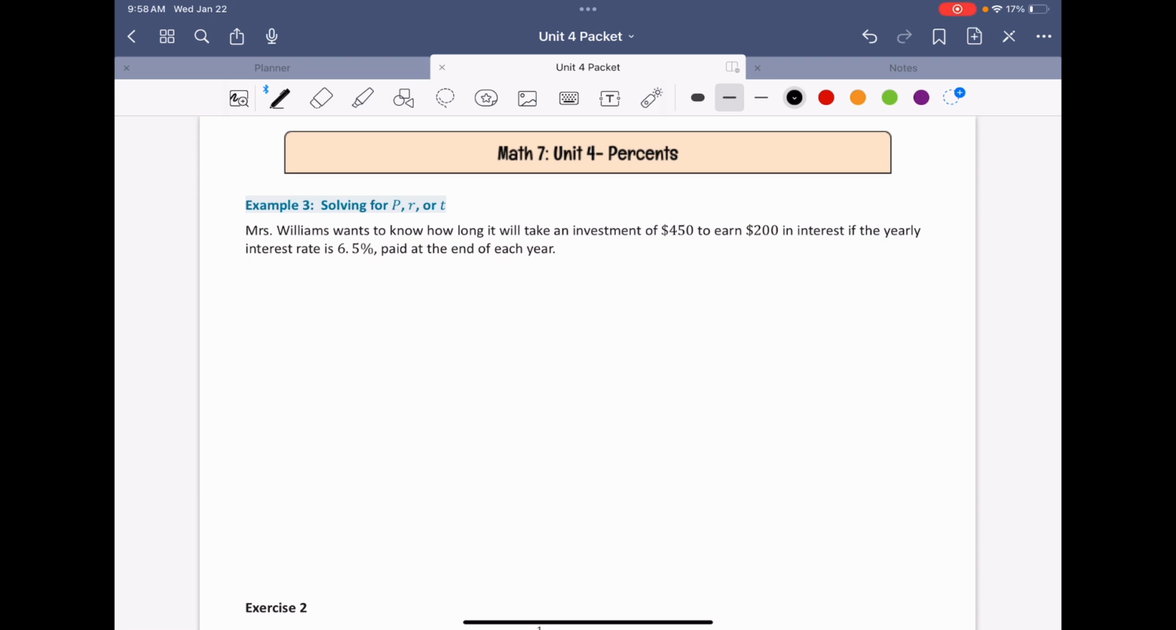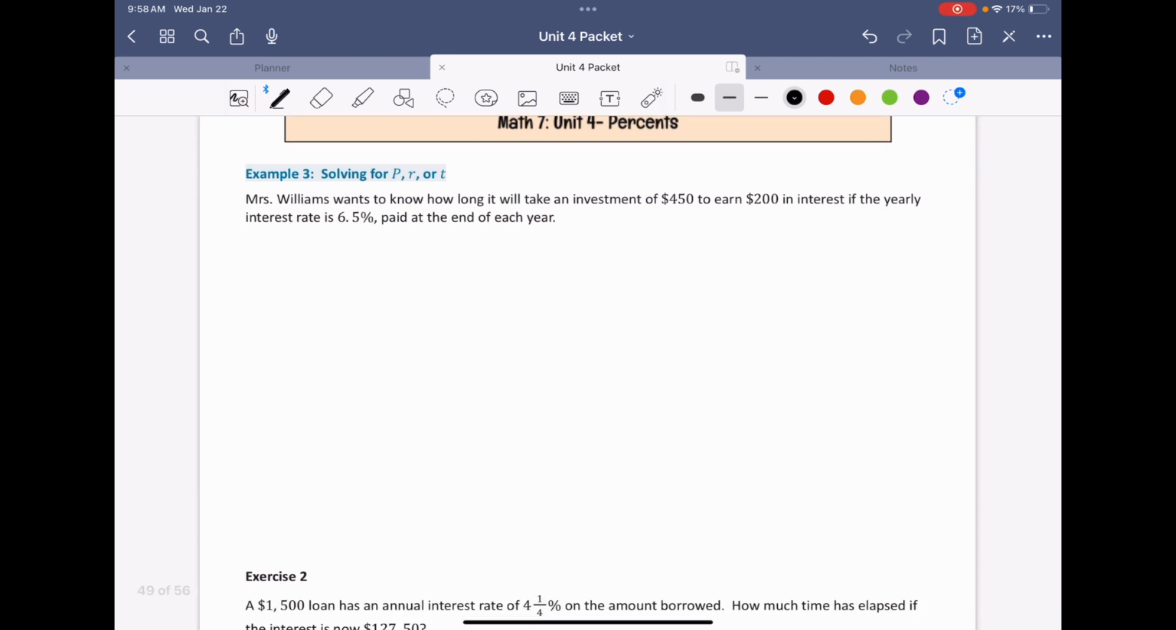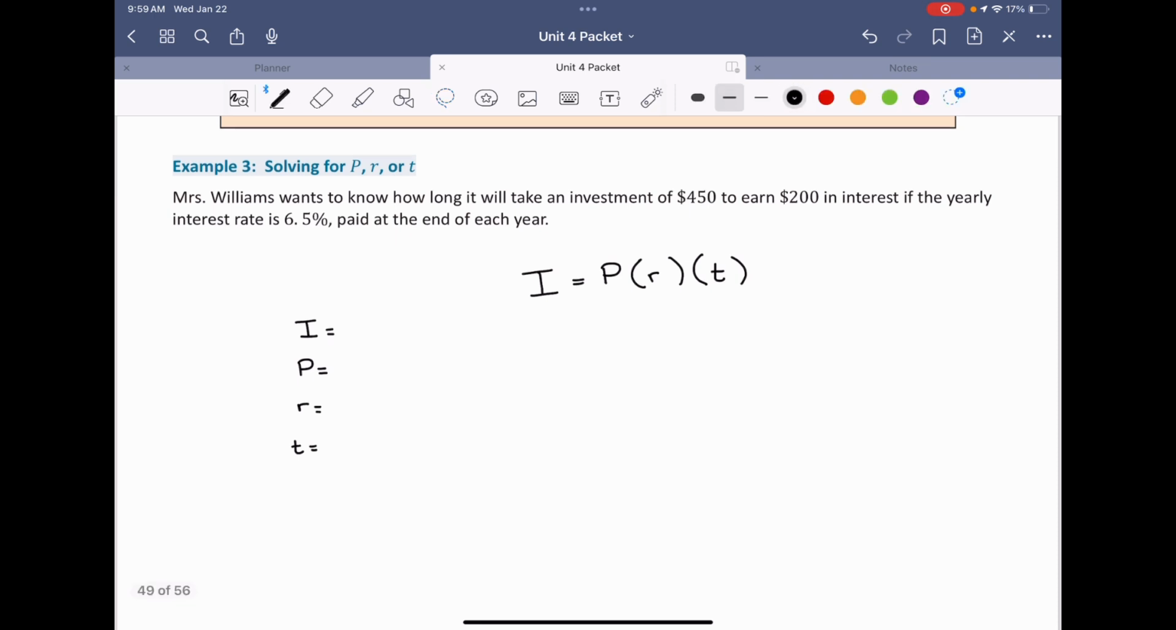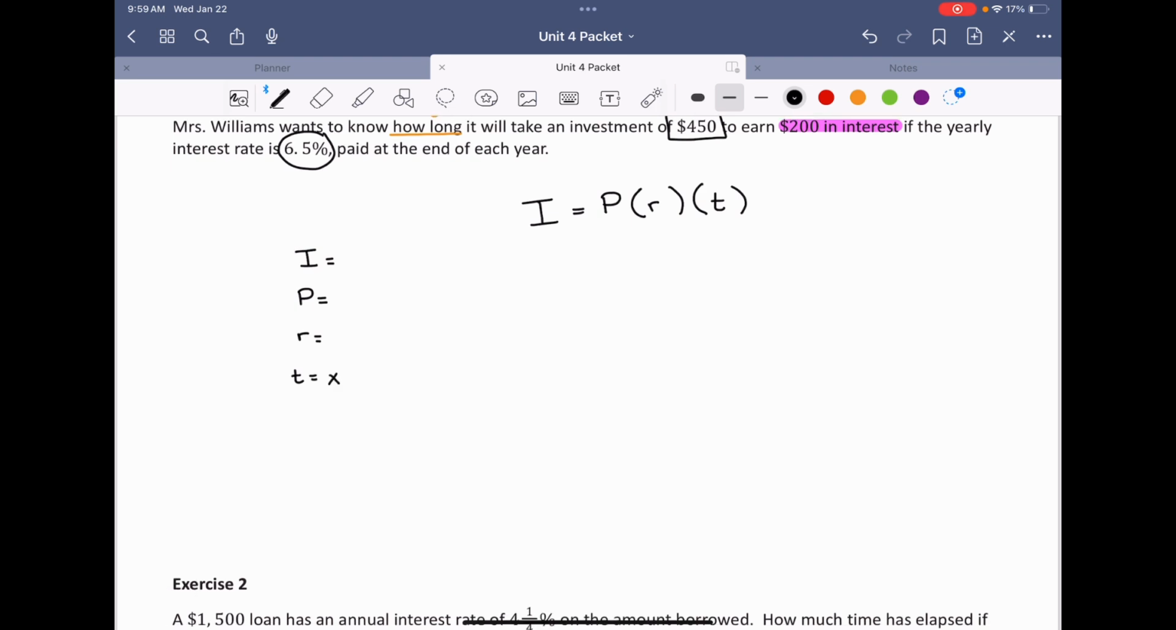So let's look at an example now where we're not just solving for interest. It says Mrs. Williams wants to know how long it will take an investment of $450 to earn $200 in interest if the yearly interest rate is 6.5%. Okay, so let's set everything up, formula and cheat sheet. And let's identify all of our pieces. So it says investment of $450. So whatever they're investing or borrowing is always the principal. It's going to earn $200 in interest. And it says the interest rate is 6.5%. They want to know how long it will take. Well, how long is the amount of time? So this time, we're going to be looking for t. So t is x. Rate is 6.5%, but I have to change that, 0.065. Principal would be 450,